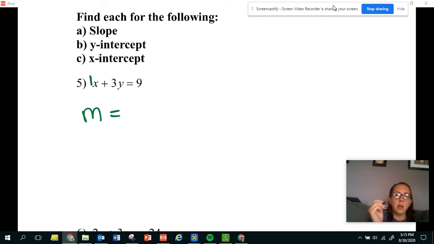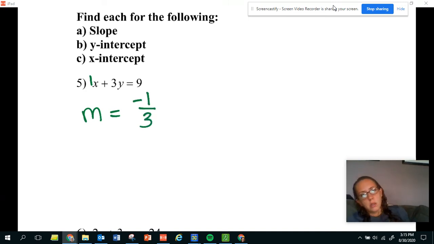Sorry, I lost my train of thought. When I do this, my slope is just negative a over b, which is negative 1 over 3. That doesn't simplify, so I'm done. Slope. Ta-da. To find my x-intercept,